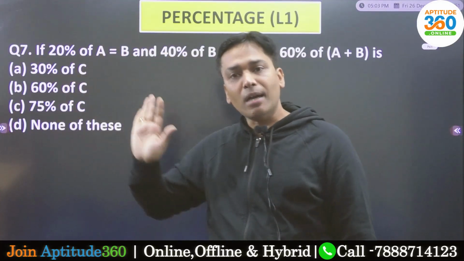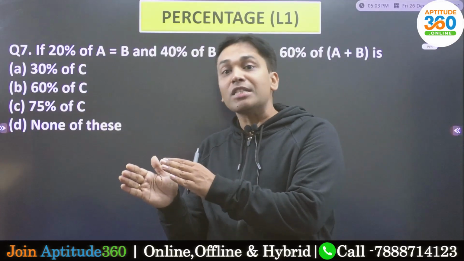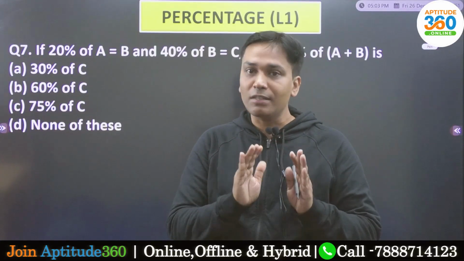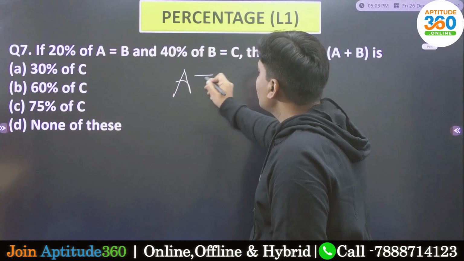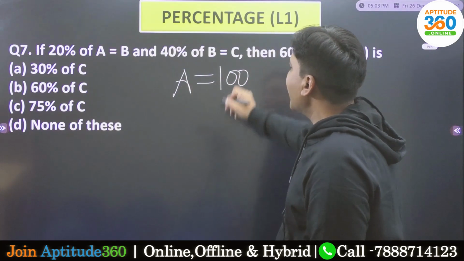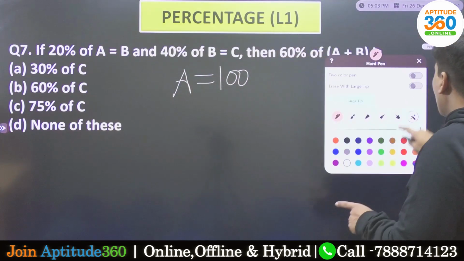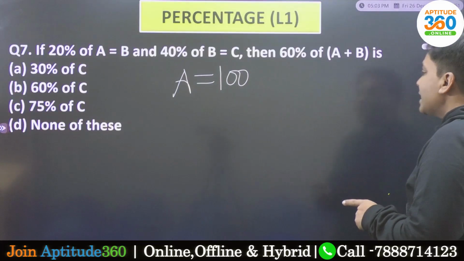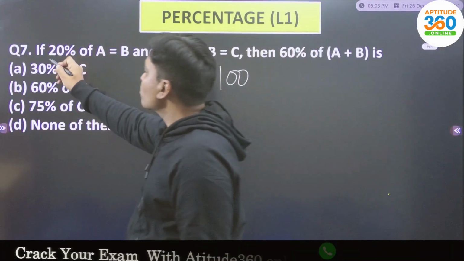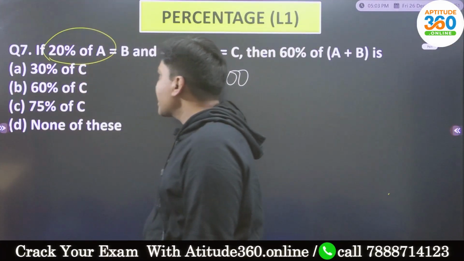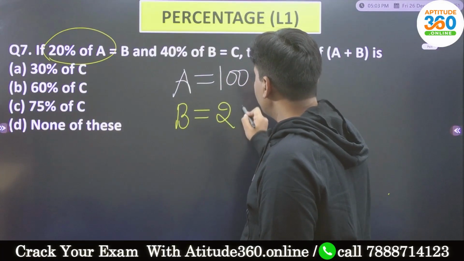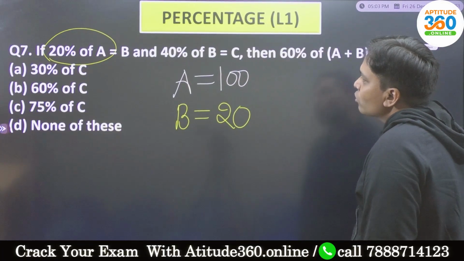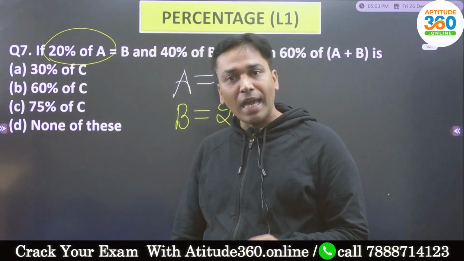तो मैंने क्या सिखाया आपको? जहां से कंपैरिजन शुरू होगा you should take that value as 100. तो मैंने कहा भाई ठीक है, a को लेते हैं 100 and if you take a as 100, तो आपके मेंटल कैलकुलेशन तो कर ही सकते हो आप कि भाई 20% of a is going to be how much? 20% of a is going to be 20. So the value of b is coming out as 20. क्लियर है हमारे को?